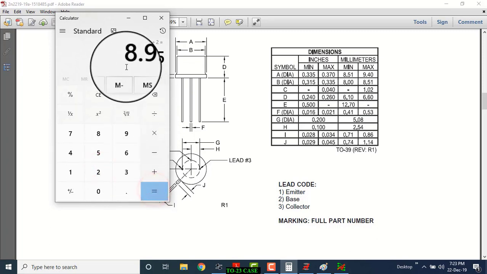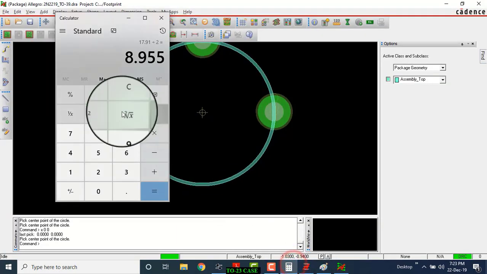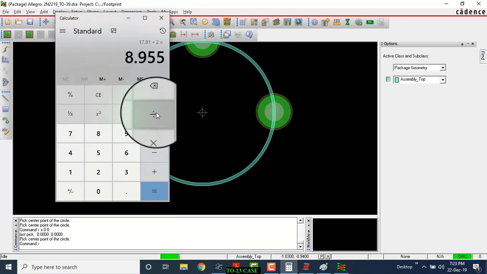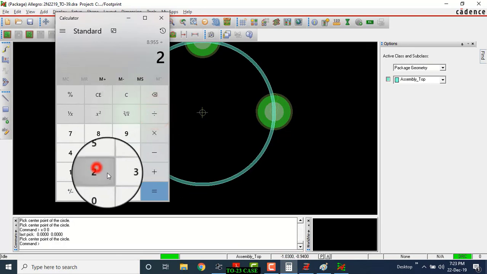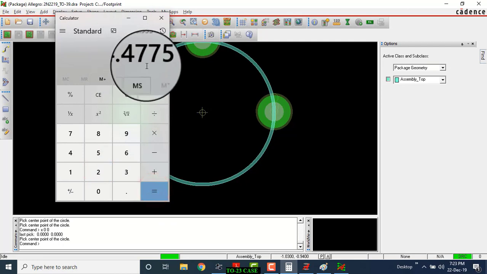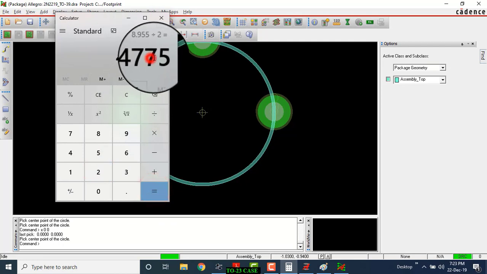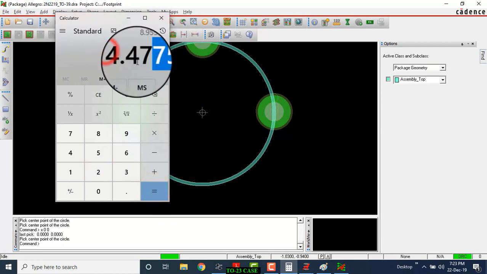It is 8.955. It is the diameter. So we need a radius to draw a circle. We will divide by 2 to get the radius. So divide by 2. It is 4.47. Just leave the last 2. Only consider 4.47. It is the radius.